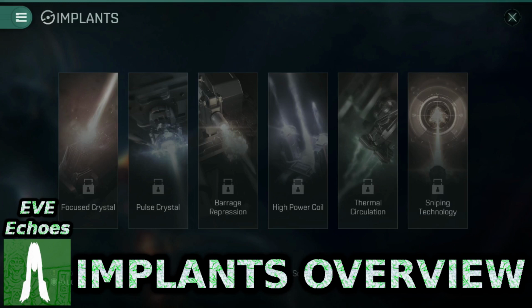In EVE Echoes, there are an ever-increasing number of implants available to us, and understanding the basics of how they work and which ones we should be investing into can sometimes present itself as a bit of a challenge to us. So in today's video, I'll be going through the full list of implants that are available to us today